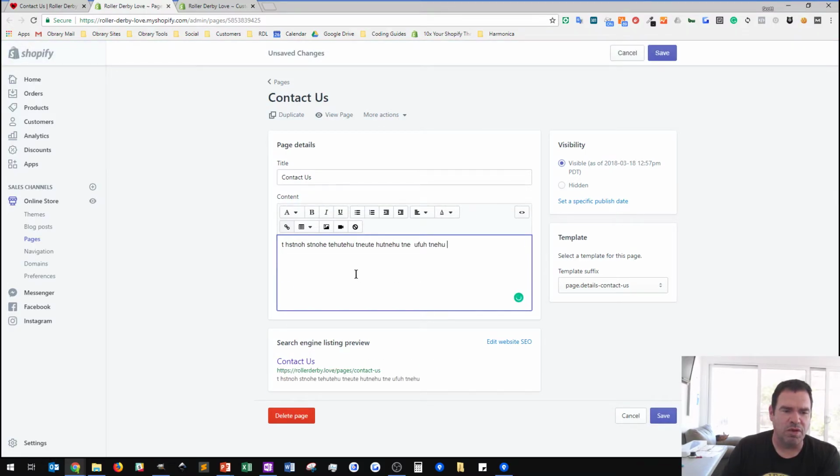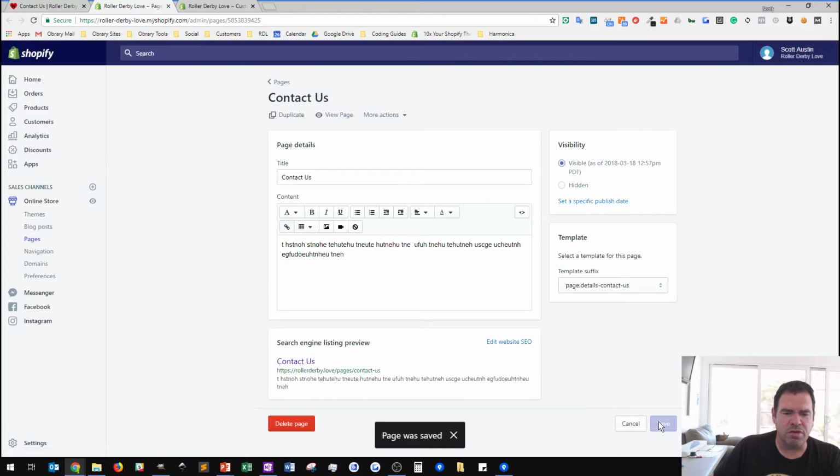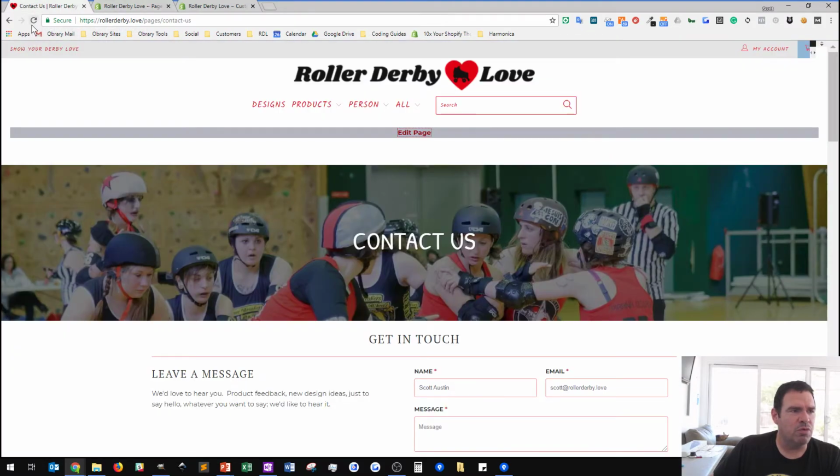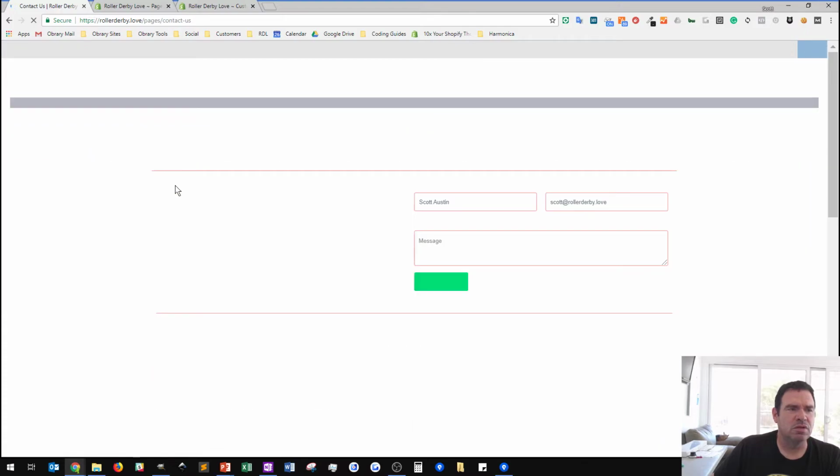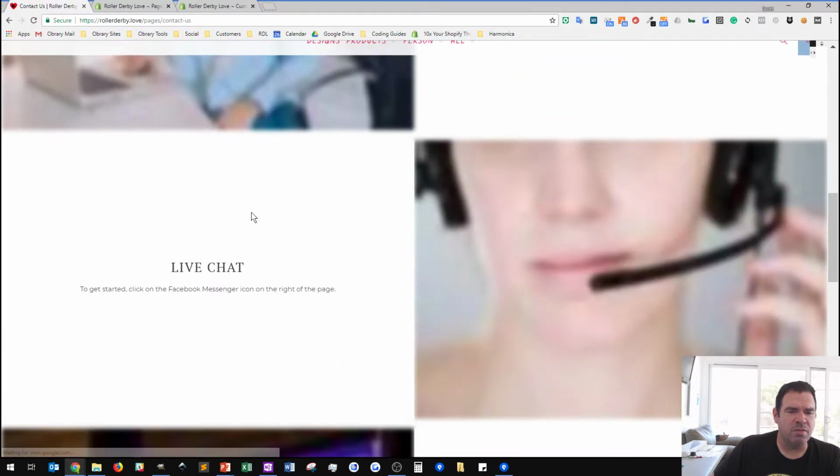Once again, I'm typing my fancy text here. And I'm going to save that. And now what you're going to see is on the front end, when I refresh the page, down at the bottom where I added that section,